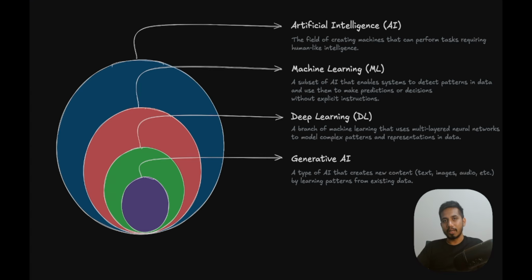But how do they create them? They create them using algorithms. Let me give you one silly example. Let's assume you want to create some dish, maybe some biryani. How do you prepare it? You look for a recipe. A recipe is nothing but a sequence of steps, like you put a pot, then put some oil, then put this, put that. Then at the end, you will get a dish, right? Similarly, an algorithm is also a sequence of steps. By going through them, we will get a final rule set.